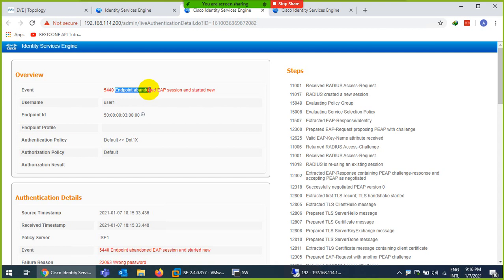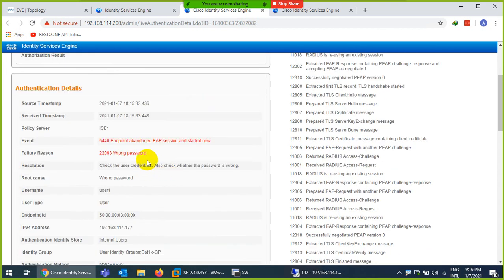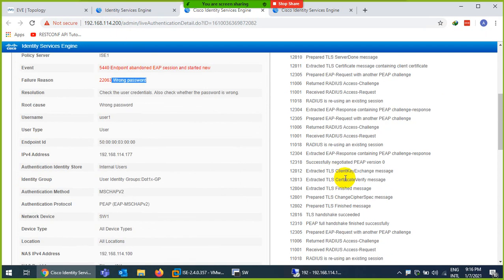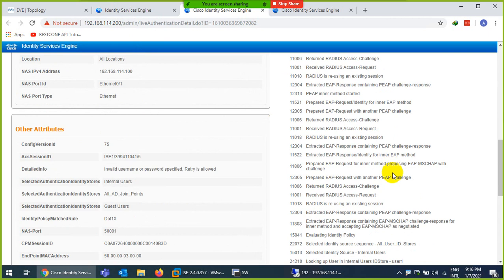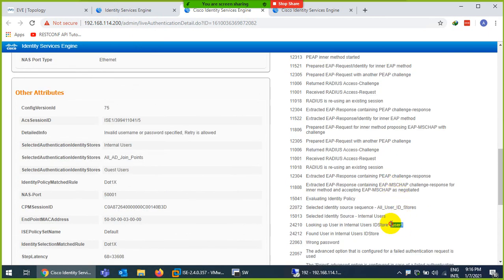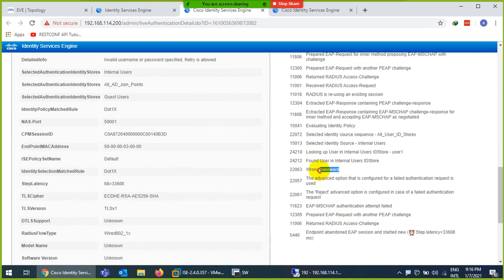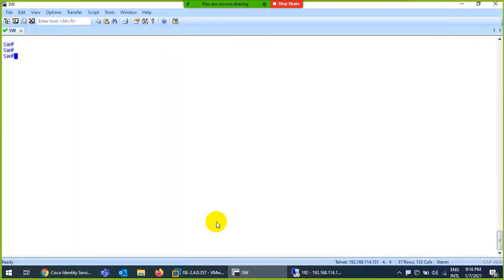So it says endpoint session start, new user1 and wrong password. So now you get the idea, because they will check their local database. From the local database they found the user, but they say wrong password, and this way I can put a wrong username as well. They will give me the same thing.